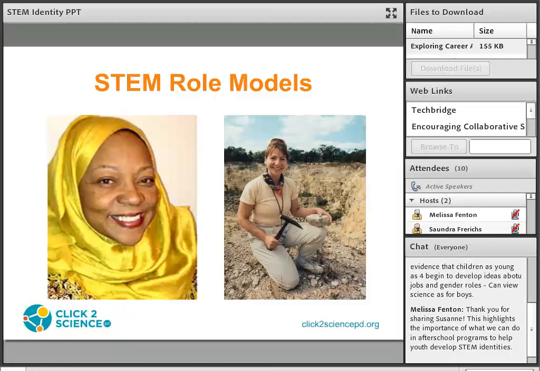Melissa's going to talk with us a little bit more about role models. So now that we've introduced some role models, the important part of including them as part of your STEM programming is that you relate them back to STEM learning experiences. So I want to take some time to brainstorm some different STEM learning experiences that you can connect to each of these different STEM role models. It's important that you connect what they are doing in after school to what the role models do to truly see themselves as someone who does STEM.